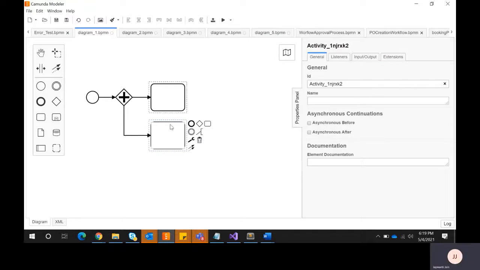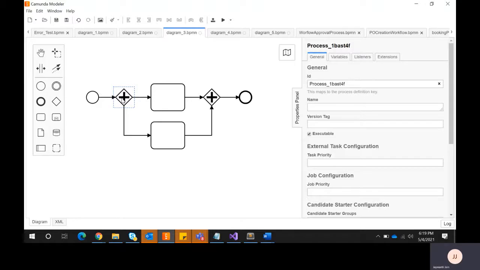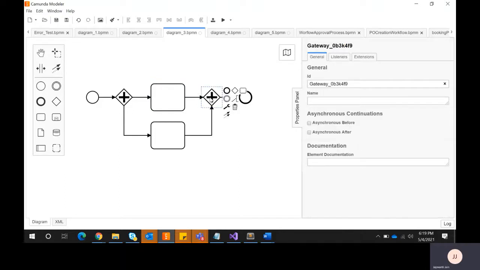So this is the exclusive gateway. It works the same as an if, else if condition. This is a parallel gateway. It will start executing all these APIs in parallel. It will wait for the APIs to complete, and once the APIs complete, then it will move on. If you don't want to wait, then you don't need to add a parallel gateway here. Simply add your task. If you want to wait, you can add a parallel gateway again.